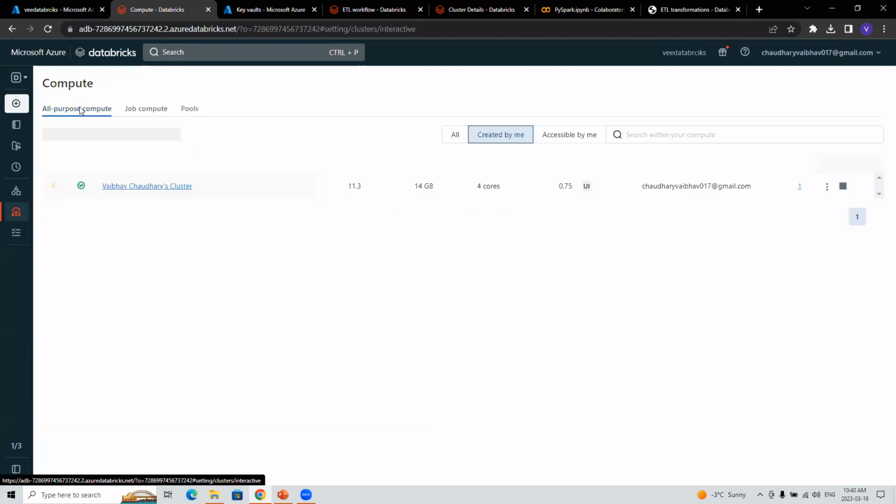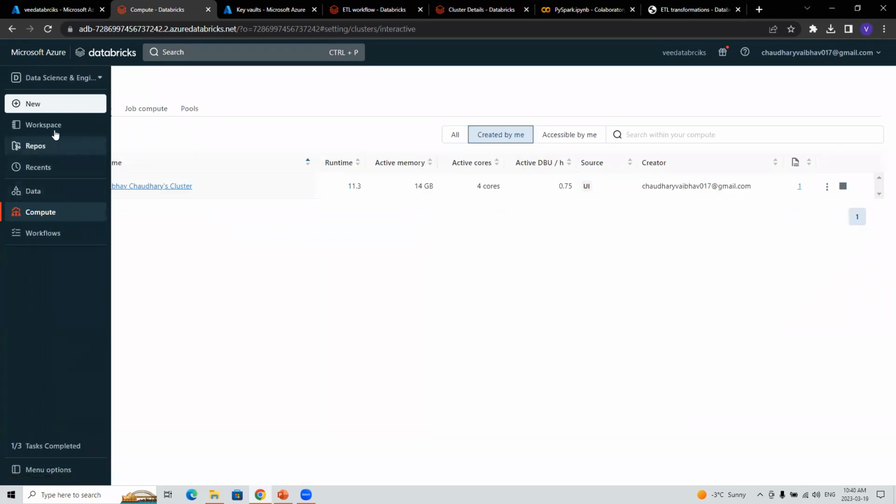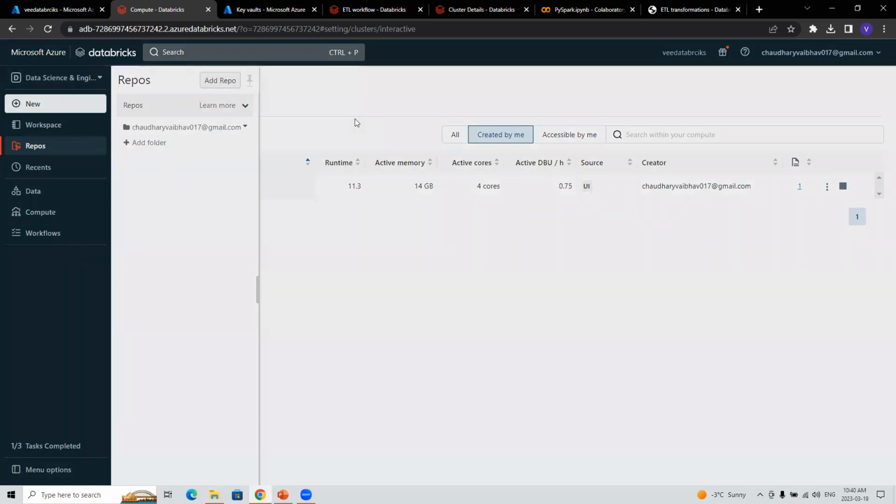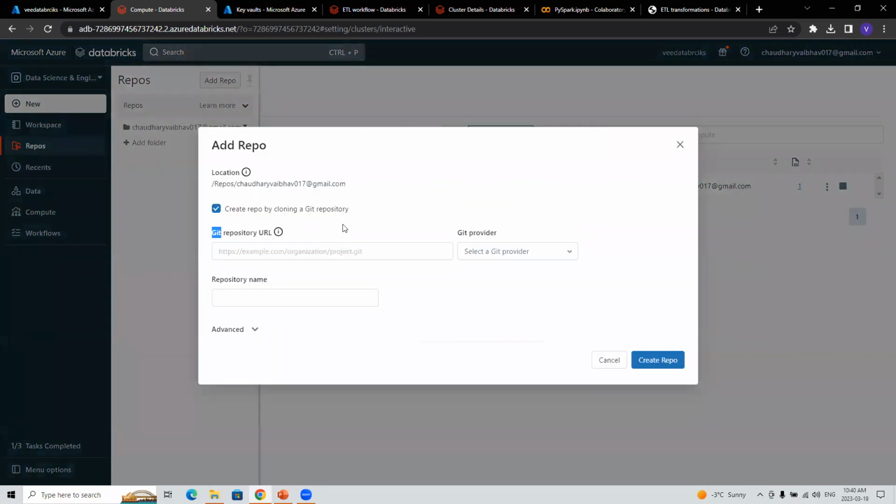Okay. Yes. And there's something like repos, which lets you add a repo. You can connect your Git repository, any Git, maybe GitHub or anything, you can connect over here. And you can use that for staging. Tanvir sir was just talking about the staging table, the transformation table and stuff like that. So you can do it over here as well. So that is it. Are there any more questions?